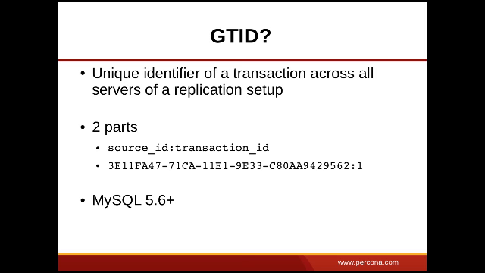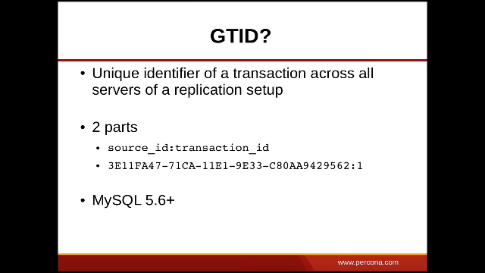So what is a GTID? It is simply an identifier of a transaction. But the nice property about GTIDs is that this identifier is shared across all servers in a given replication setup. It means that if you have a transaction, it has the same identifier on the master and on every slave,